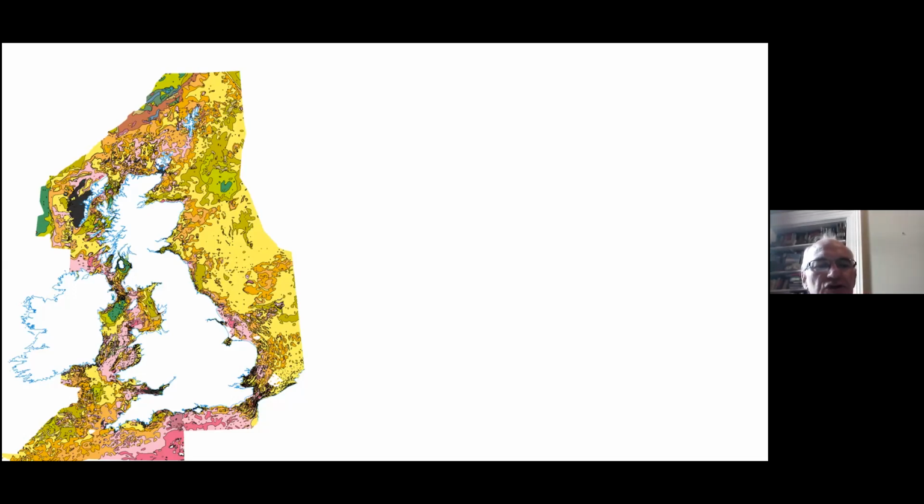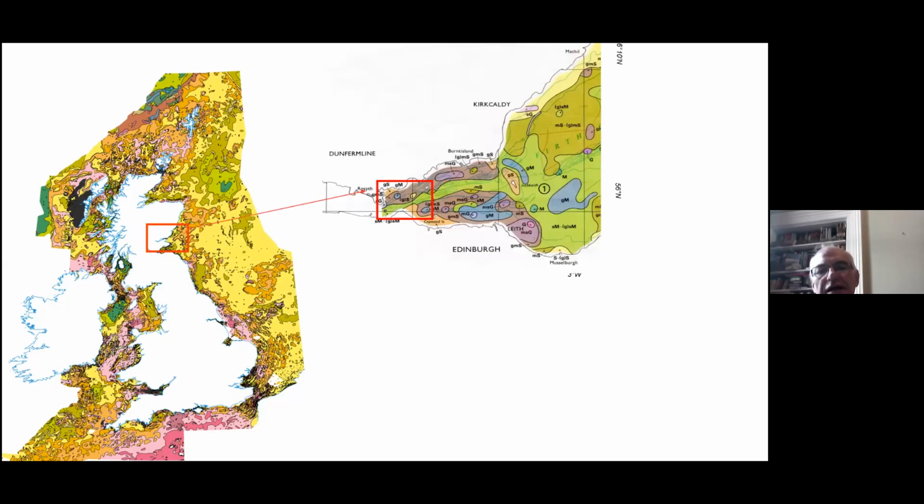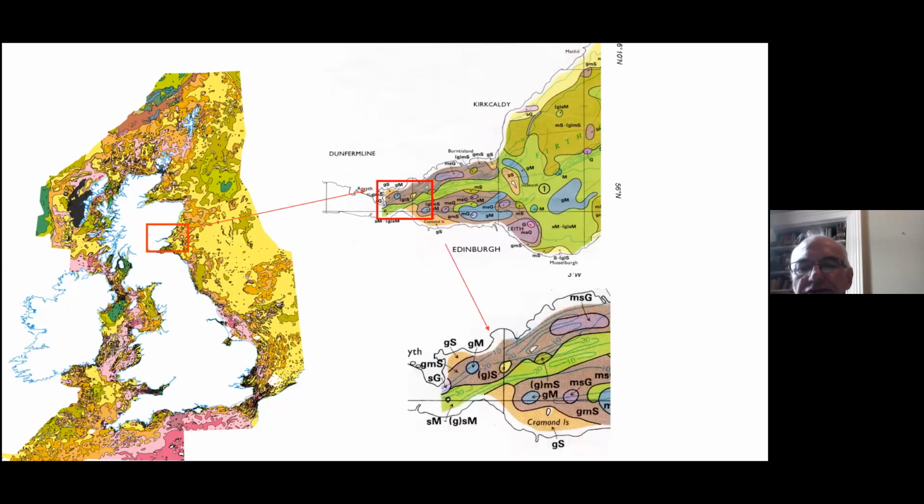So it does look as though primarily there are sediments on the seabed, but it's quite varied. When you zoom in and see what we actually collected, and looking in the Forth where we're sitting now, you can see it looks quite complicated. You notice the contours underneath the map don't match the lines that we've done, and it's a really complicated story. And then if you zoom in even further, you'll find that we've probably only got one sample in each of the different areas, and it really is a reconnaissance map. And it was very difficult to do more until in about the turn of the century,